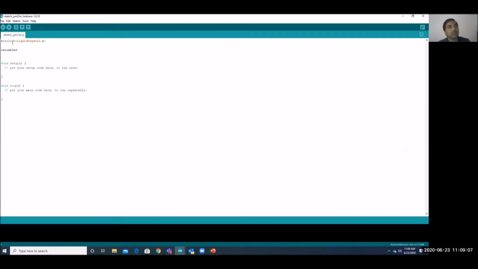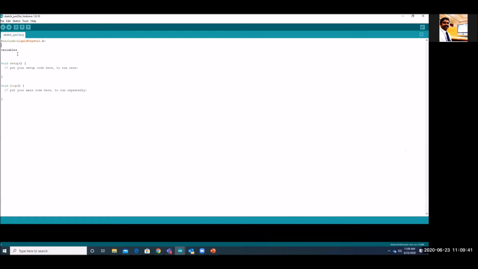Okay, so you can include the library file or header file of the liquid crystal display, that is the LCD display, and similarly for others you can include it. Okay, so here in the case of variable declaration, we can declare integer, we can declare floating variable, we can declare boolean variable, and also we can declare pin variables here. So I'll tell you how to do that.